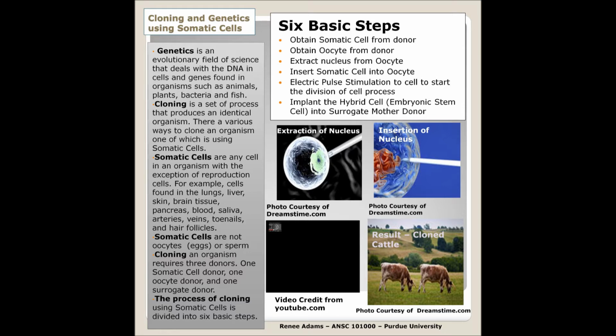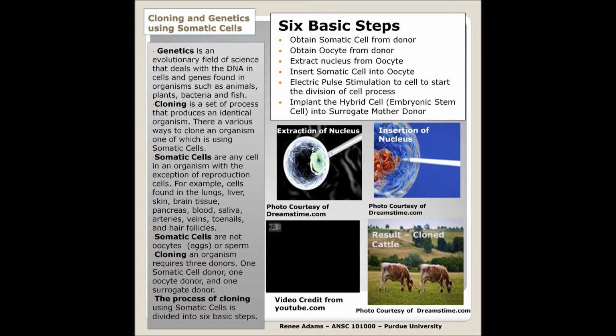Now that the definitions have been covered, it is time to move on to the 6 basic steps in cloning. Keep in mind this is just a basis which does not actually include every single step, as there are many processes. To begin, know that there are 2 ways to clone, but for now we are using the somatic cell nuclear transfer process. The 6 basic steps consist of obtaining a somatic cell from a donor, obtaining an oocyte or egg cell from a donor,